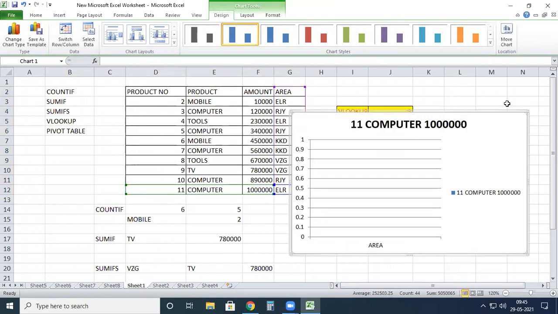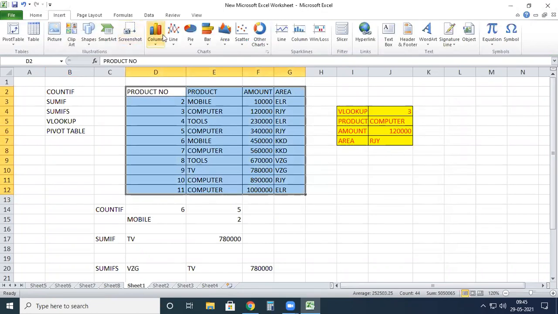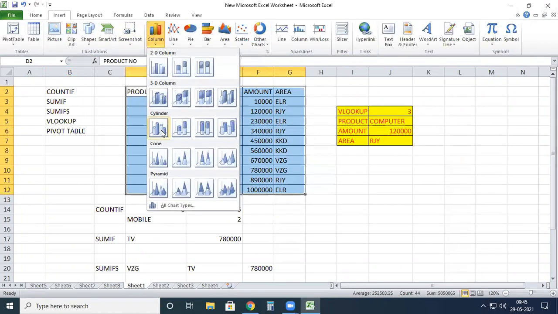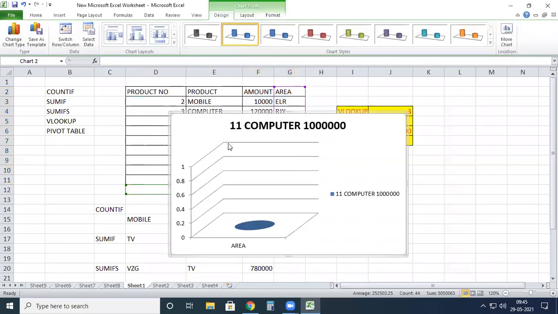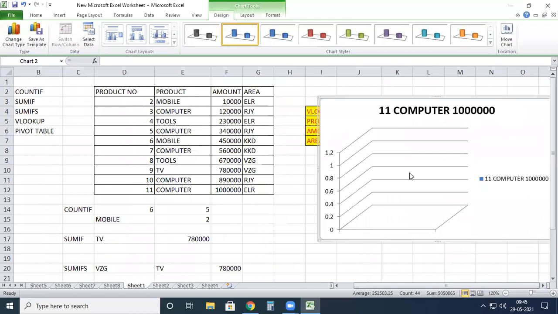In the same way, I will remove this, and you consider another chart. I can go to this, and for example, cylinders. If you observe here, the total details are there.